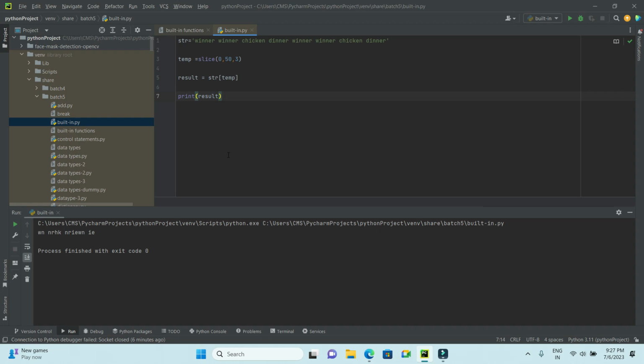You got it? Yes, exactly. You have to pass only 3 arguments. The first is the starting index, the second is the ending index, the third is the number of characters you want to skip. In this example, it will start from here, 3 characters you are jumping. That is win. After that, you have n. It will get printed. Next, from n,